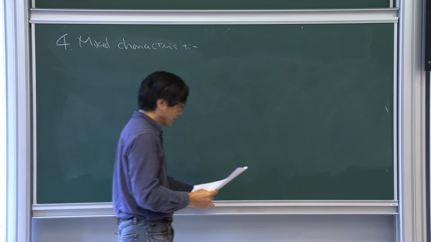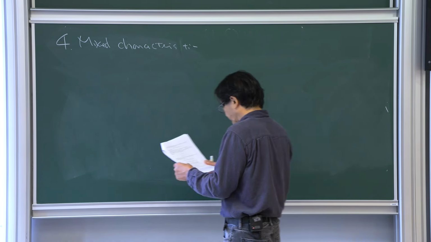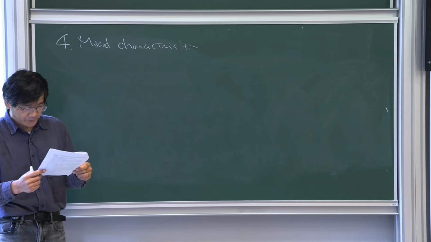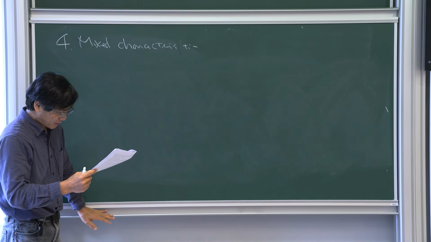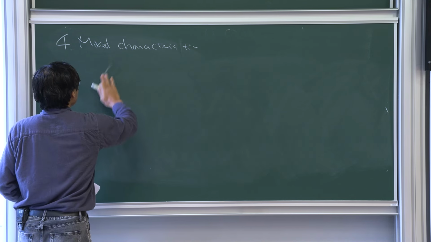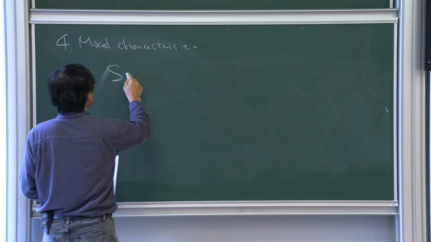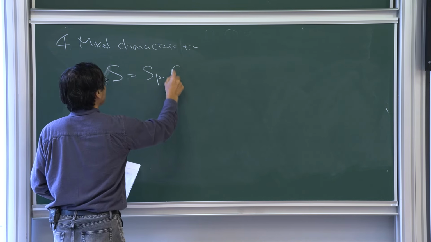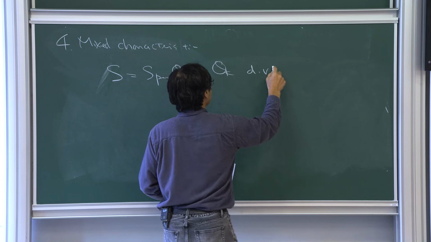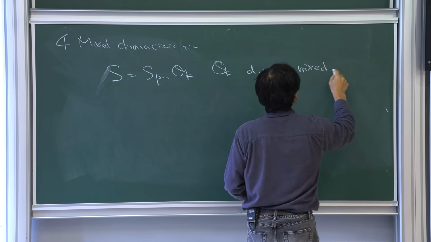The first one is that we don't have a good cotangent bundle. We discussed this problem. So for simplicity, let me now fix S is Spec of O_K, where O_K is a DVR of mixed characteristic,